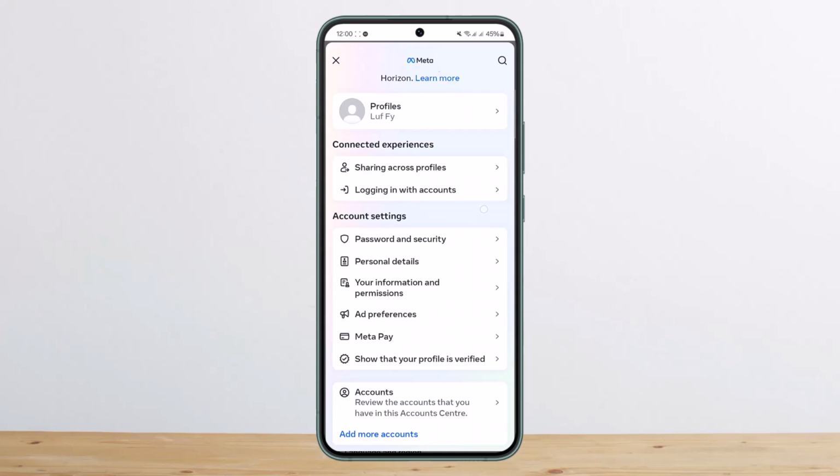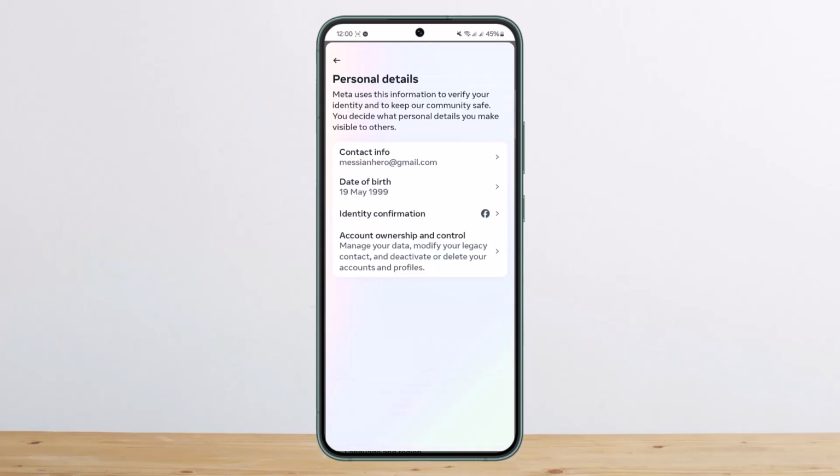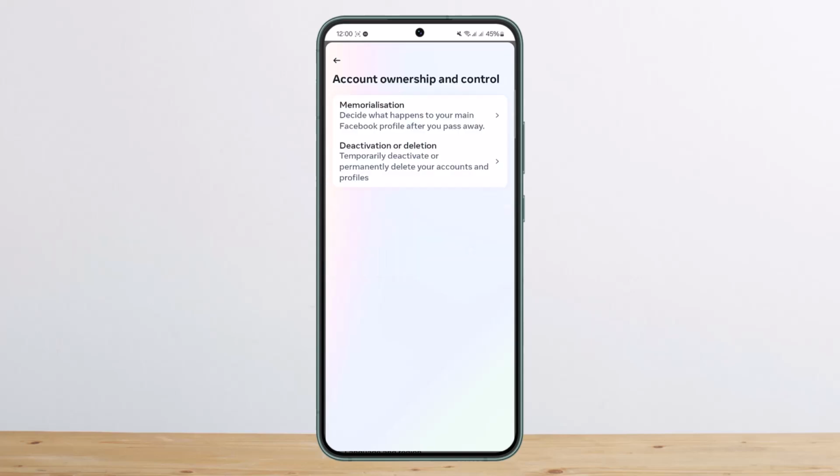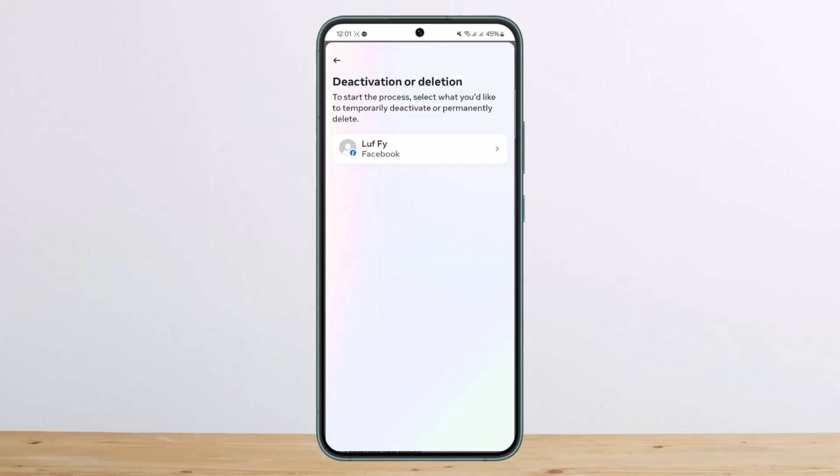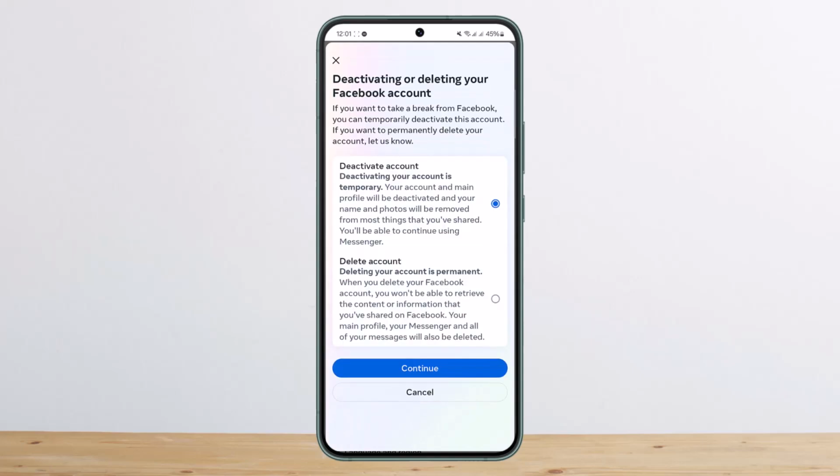Now here what you want to do is you want to tap on the option that says personal details, where you'll find the option that says account ownership and control. Tap on deactivation or deletion, select your Facebook account. Then if you want to deactivate account, make sure that the blue dot is on deactivate account, but since you want to delete your account, tap on delete account and make sure that the blue circle is on delete account